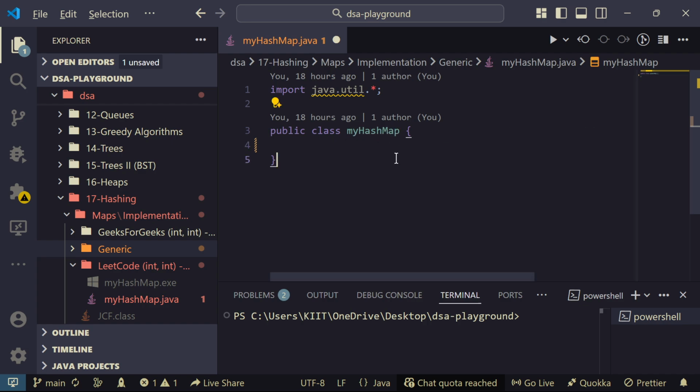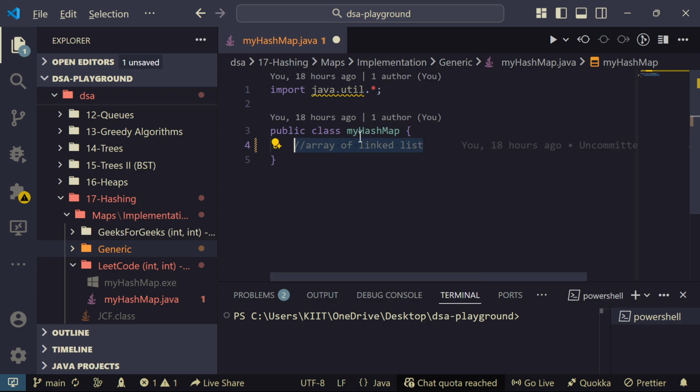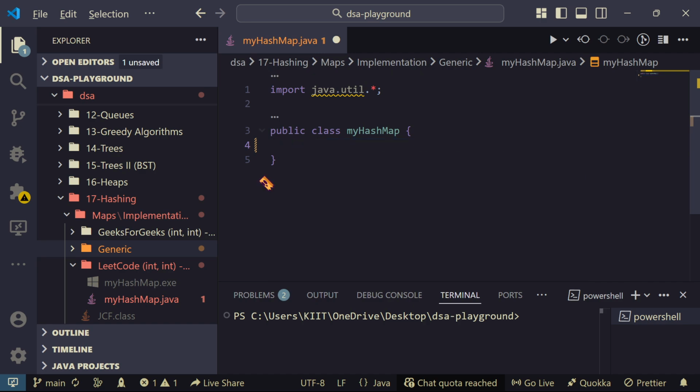HashMap is basically implemented using an array of linked list, because HashMap is implemented using a hash table, and a hash table is internally implemented using an array of linked list. So we'll be using that approach to make a HashMap, and this question is there in LeetCode